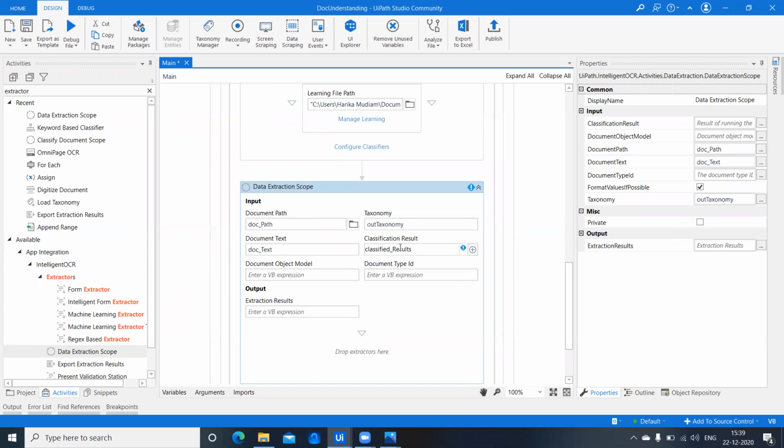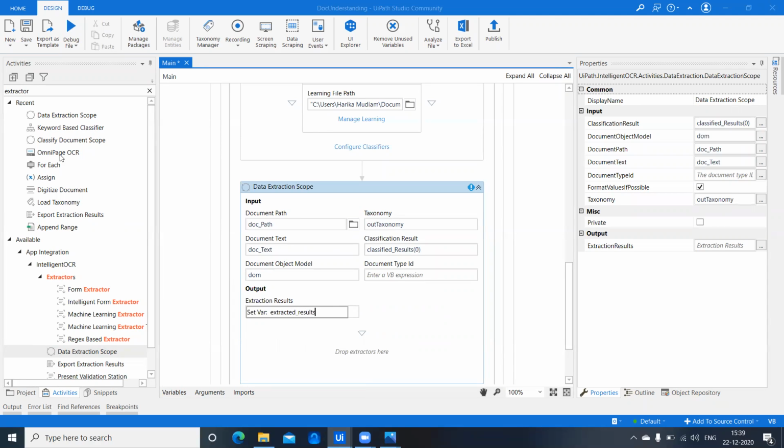So my classified results are in the zeroth. It's an array. So I have to pick it up from the first item inside that array. So I have to give it as 0, and then I'll get my extracted results as output. So which I would be giving extracted